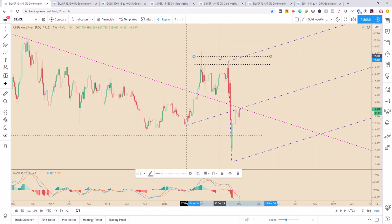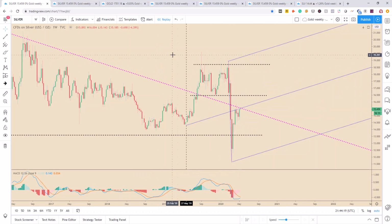Let's clone this line and pull it down there. Yeah, maybe there's a little bit. So I might expect to see a little bit of activity, push pull. Maybe price pops up here, tests that for resistance, has to work a little bit before it can push through. Then, I'd call that a whole lot of nothing. And then we're on up to 1850 or so before we test that